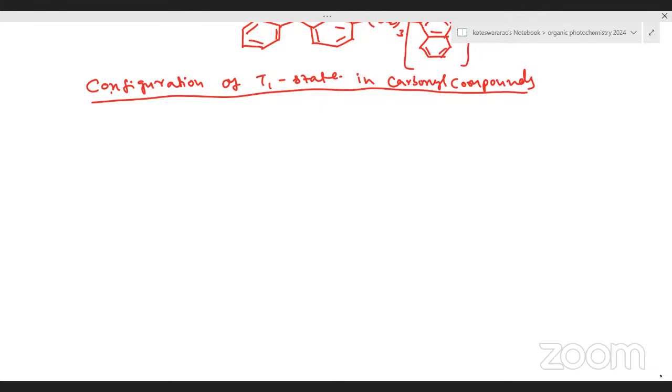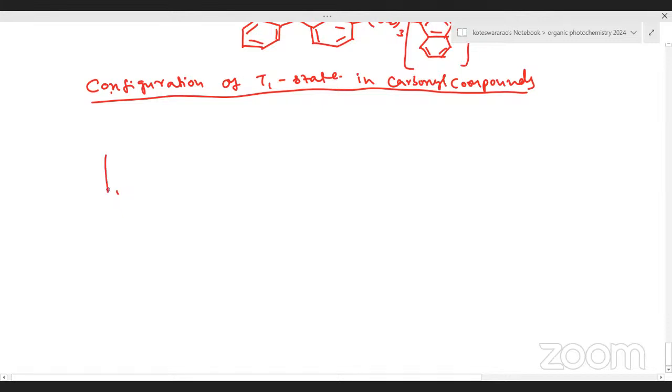But the T1 is sometimes very far below the S1 state, and the T2 state is sometimes very near, just below the S1 state. Due to that reason, the energy transfer from the singlet energy to triplet energy happens easily to the T2 state instead of the T1 state. Like, for example, in most of the general cases,